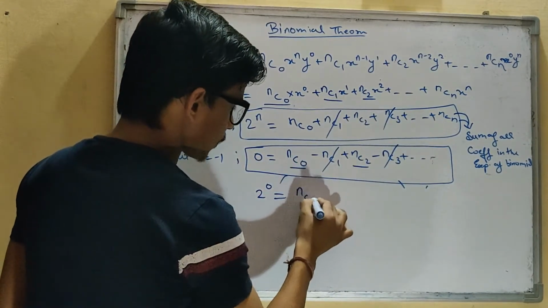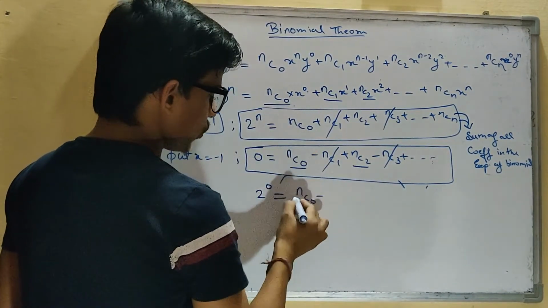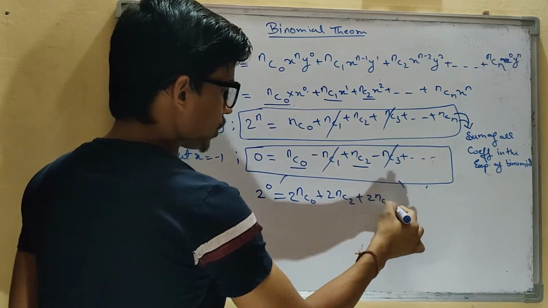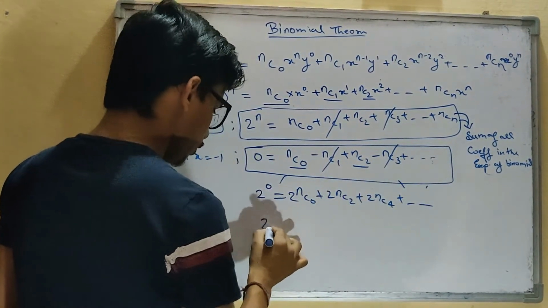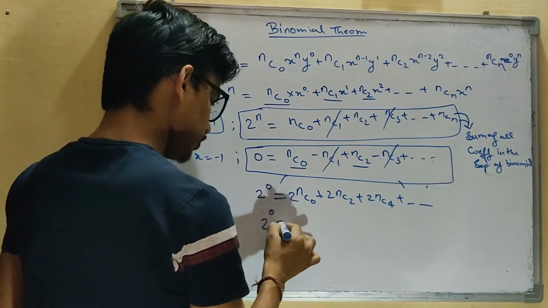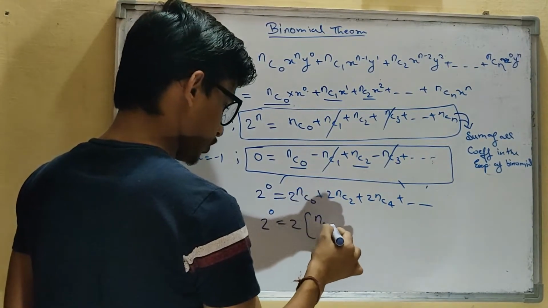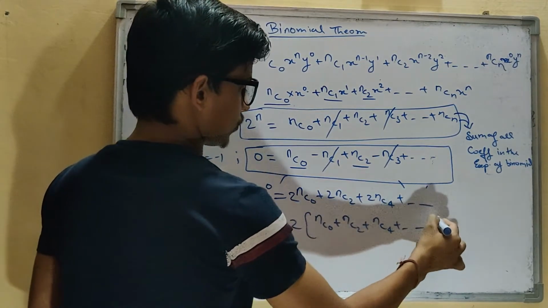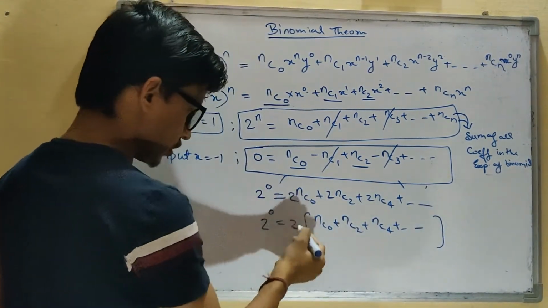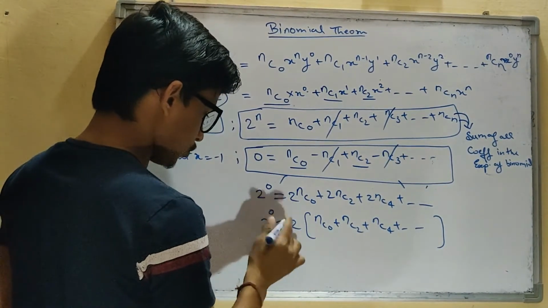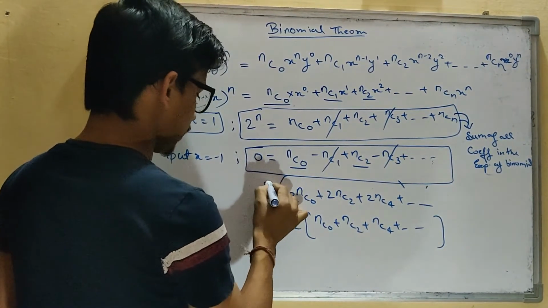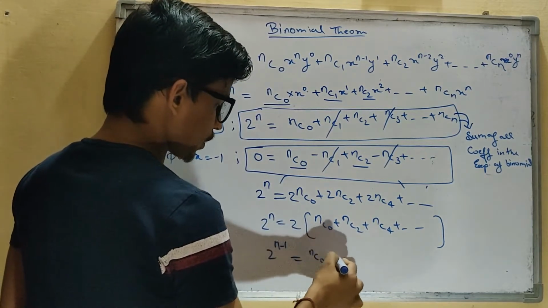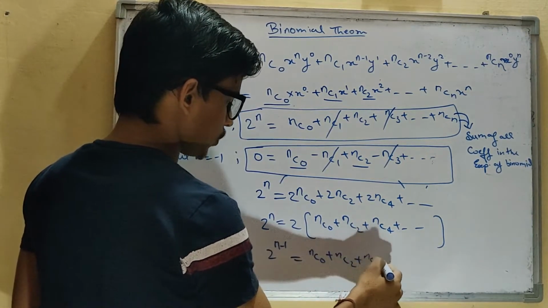So twice of nC0, plus twice of nC2, plus twice of nC4, plus and so on. So 2 to the power 0 is equal to 2 times nC0 plus nC2 plus nC4 plus and so on. If you keep this over here, it is going to be 2 to the power n minus 1, and it is equal to nC0 plus nC2 plus nC4 plus